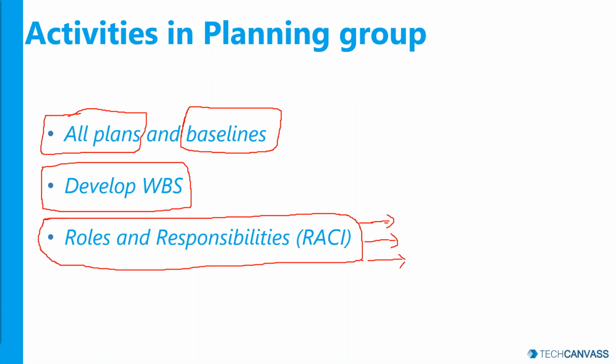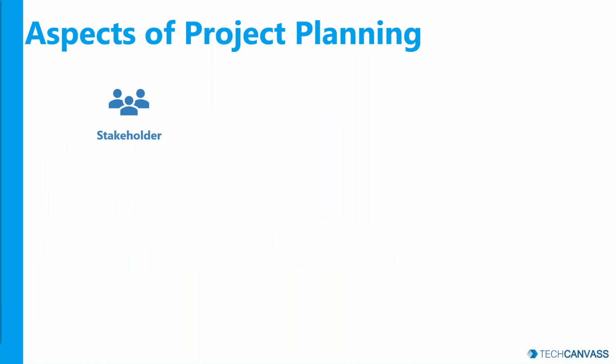Now let's go through the plans one by one, right? So what are the various aspects in project planning? We have a couple of aspects. Now the most important is stakeholder management, right? You need to plan how you handle stakeholders in your project. Now who are stakeholders? Stakeholders are all the people who can impact your project or who will be impacted by your project, right? They may be your customers, they may be your senior management, they may be your own team members or peer project members or you yourself. So there is a wide variety of people we are talking about here. So you need to plan how you manage them, right?